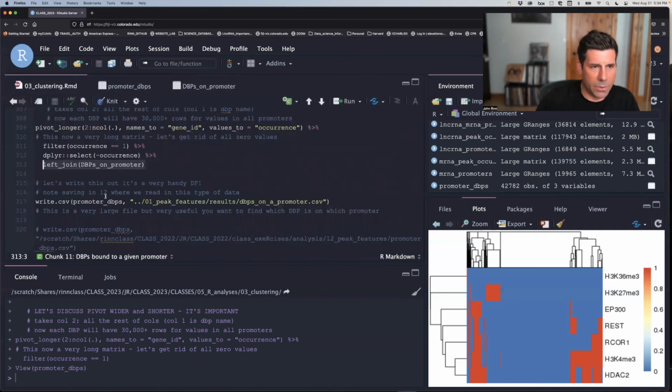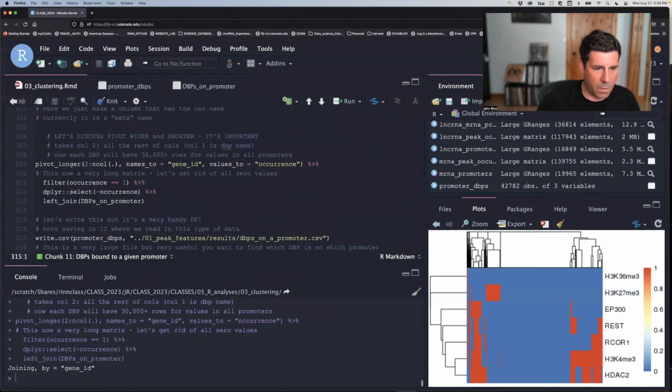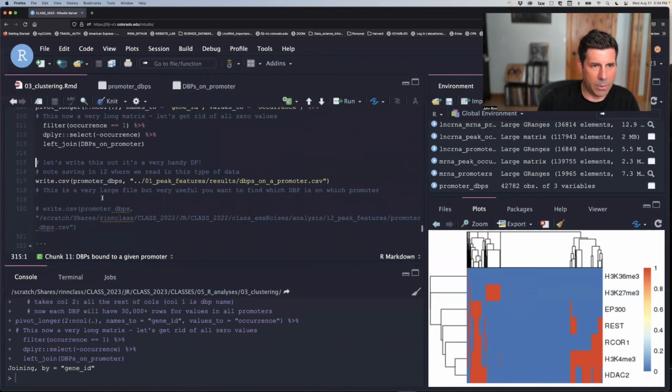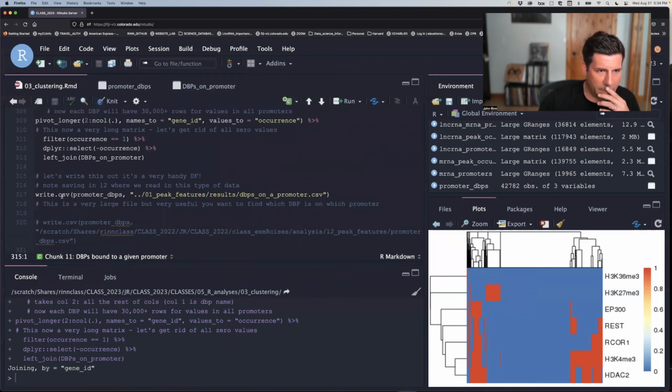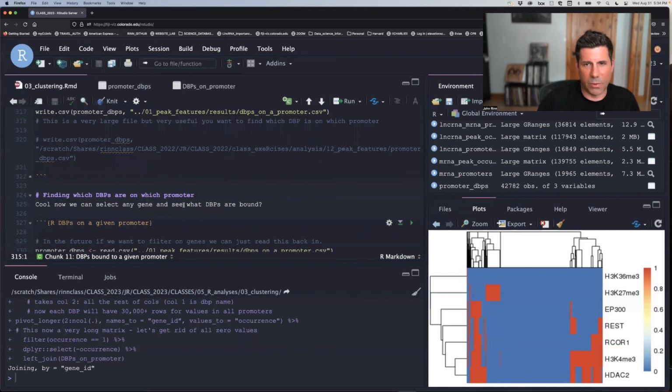Okay, so let's run that whole thing now. We've gone through it step by step. Okay, so it joined by gene ID, which was the same in both those data frames. And let's write this out. This is handy, and we might want to put it back in O1 peak features. This is probably where it fits as a repository of things we're going to index from, like lncRNA promoters,